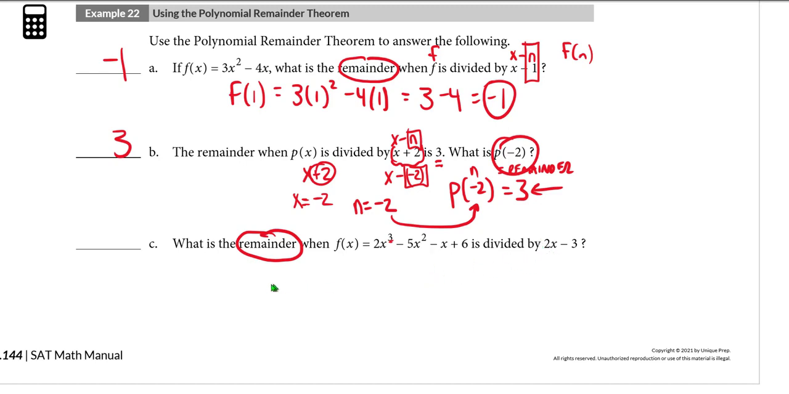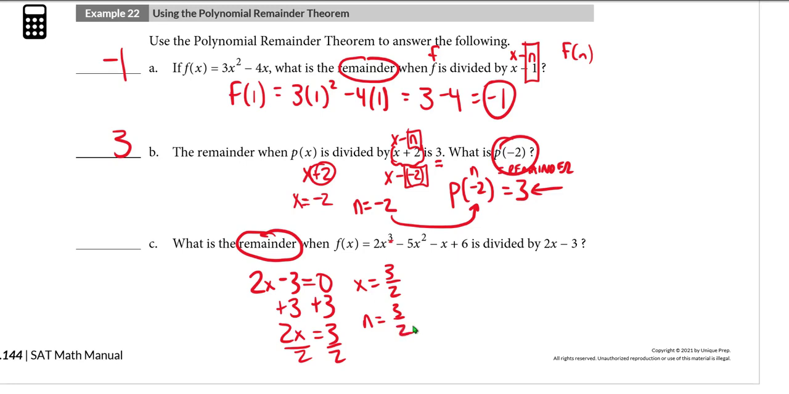So all we have to do, once again, is find the 0 that is associated with 2x minus 3. That's what I was saying on the previous example. If we find the 0 that is associated with the factor 2x minus 3, we will get our n value. So I am going to use the zero product property here. So I get that x equals 3 halves. So that's going to be the n value. That's the value that is going to go into the function f of x in order to find the remainder. So if I do f of 3 halves,